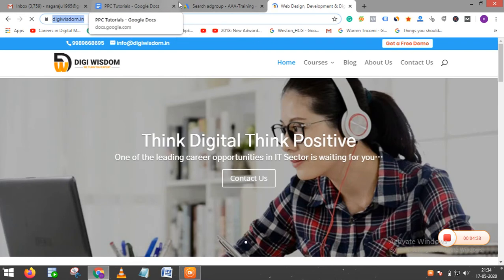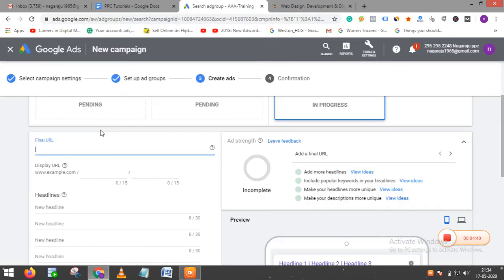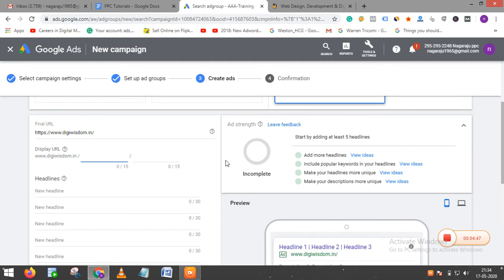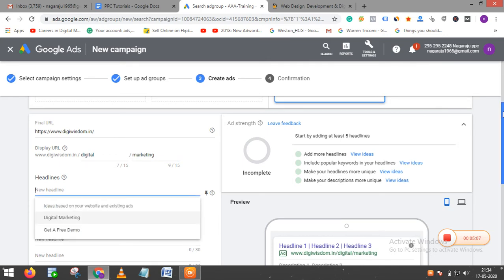So this is the final URL where I want people to go, my website, and the display URL will be something like digital butterfly path.